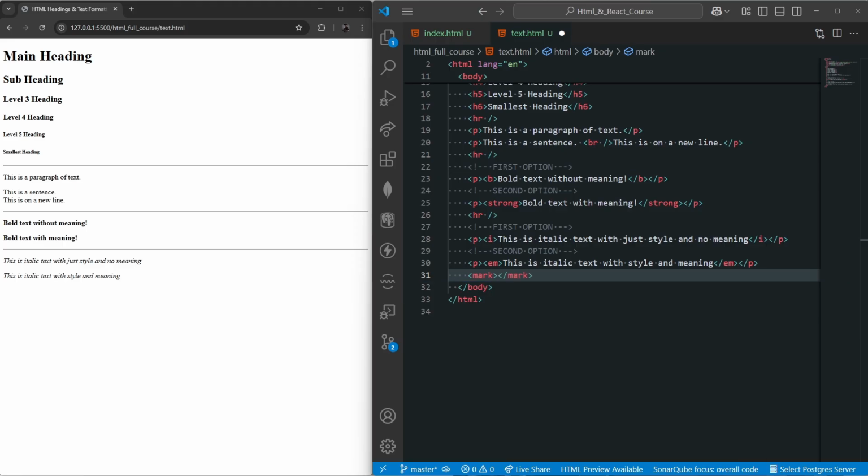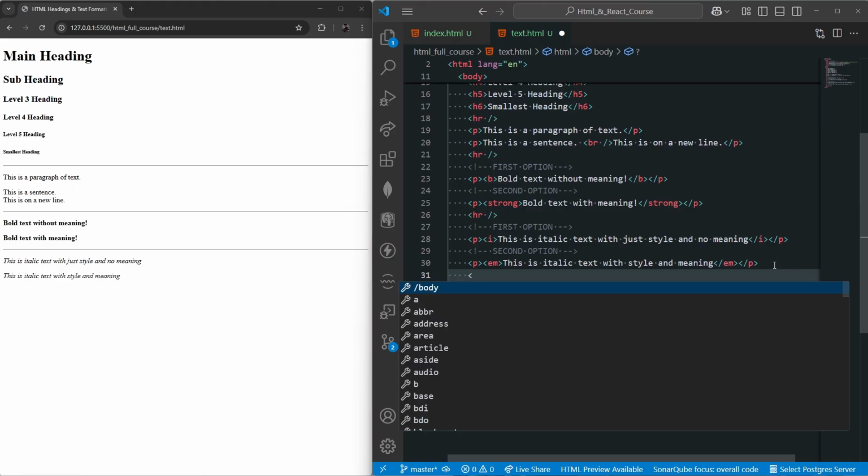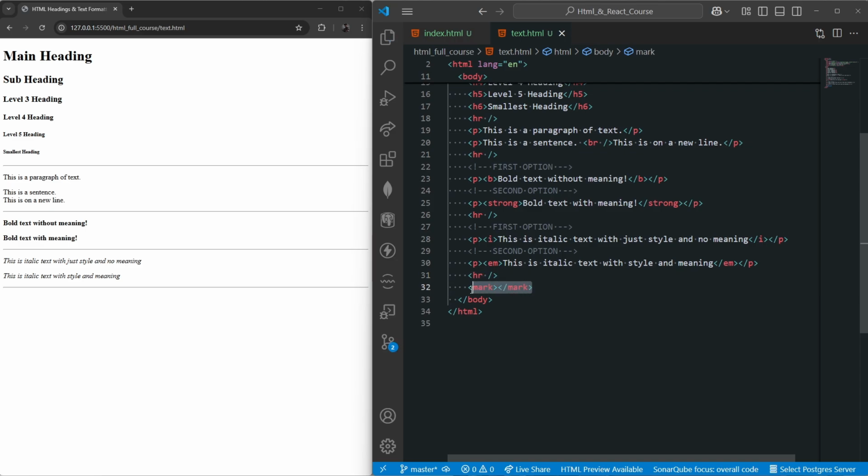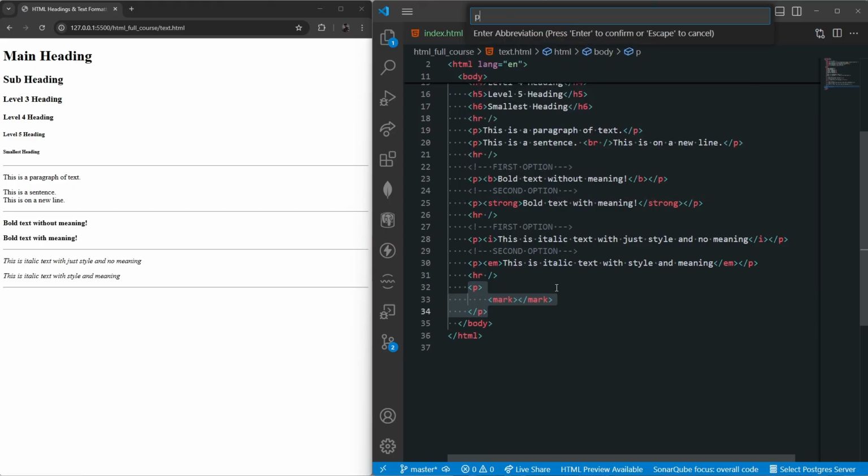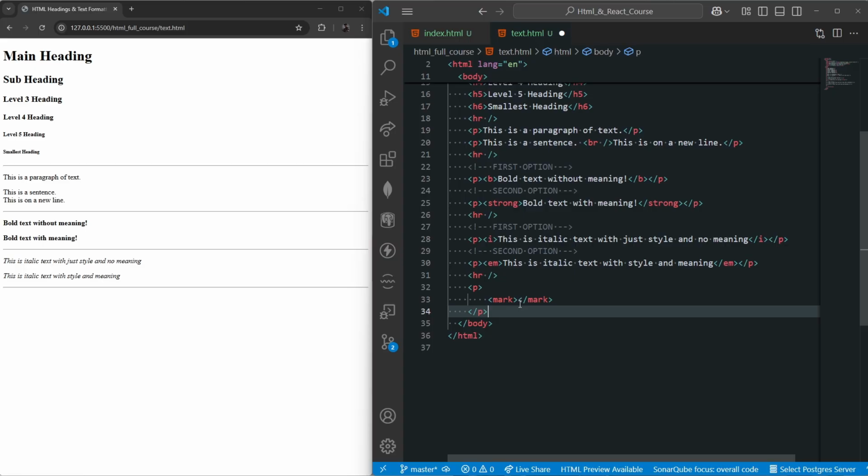With this mark tag, it highlights text in yellow by default. So let's take a look at that one. Let's wrap this. Oh, first of all, let's separate it by the HR tag, and then have that one on a different line, like a section. So we wrap this in a paragraph like we did previously, and then